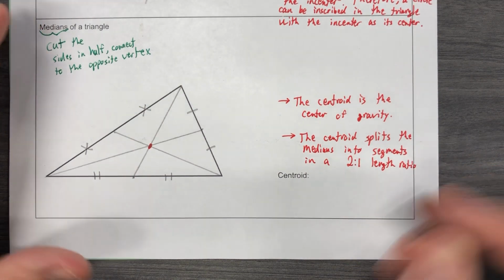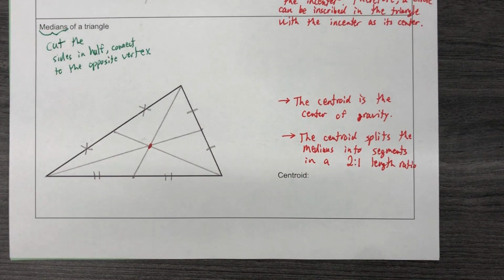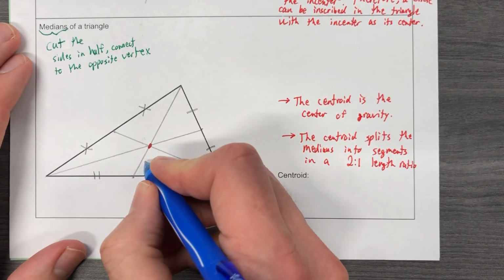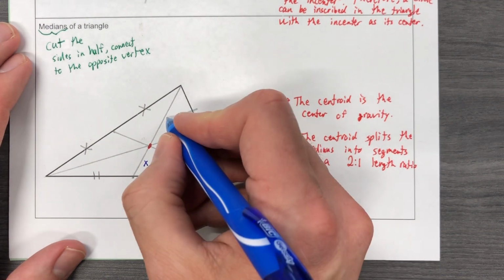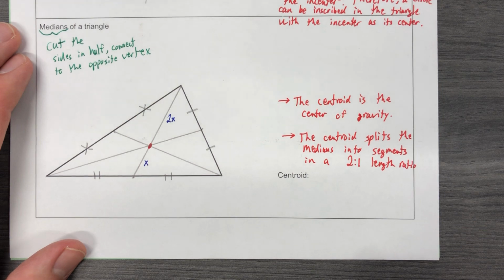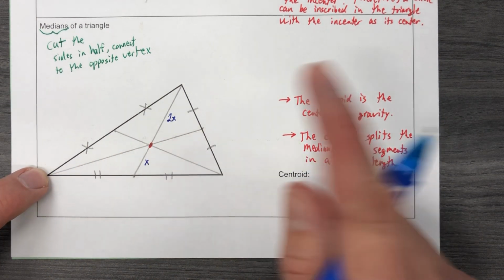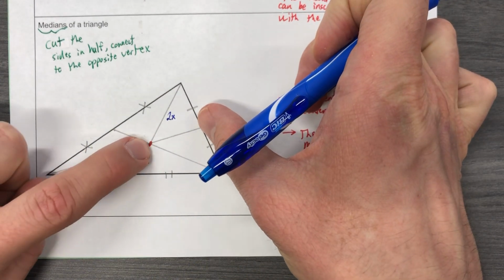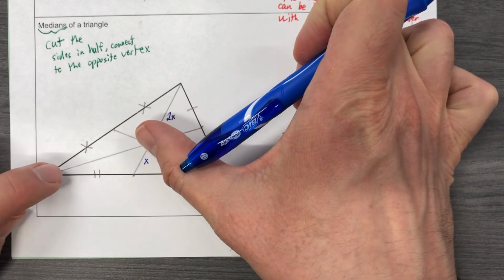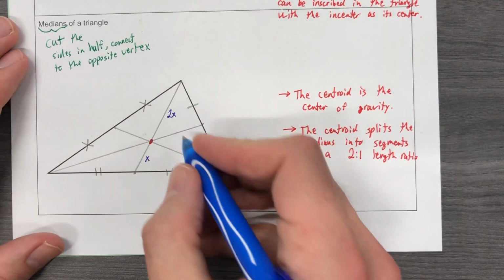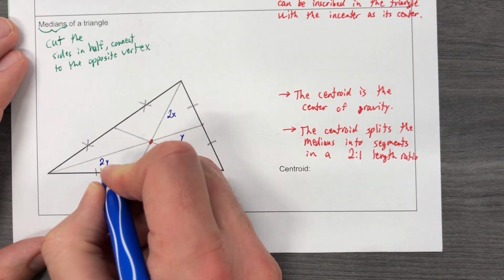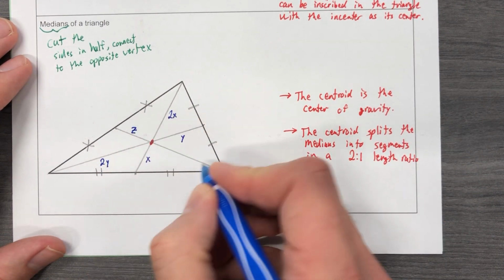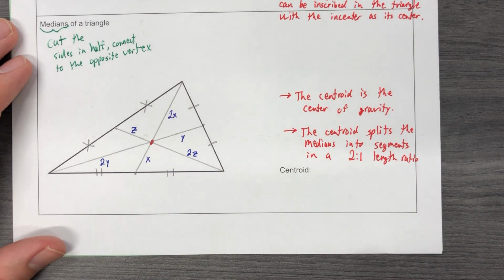Here's what that means. If I told you, let's switch colors, if I told you that this segment right here is X units long, you would know that this is 2X units long. Okay? If I told you that this entire segment was 12, then this would be a third of 12, and that would be the other 2/3 of 12. So if this was Y, then this would be 2Y. If this was Z, this would be 2Z. Now, along with that, whatever this is, you've cut it in half. That's going to come in handy